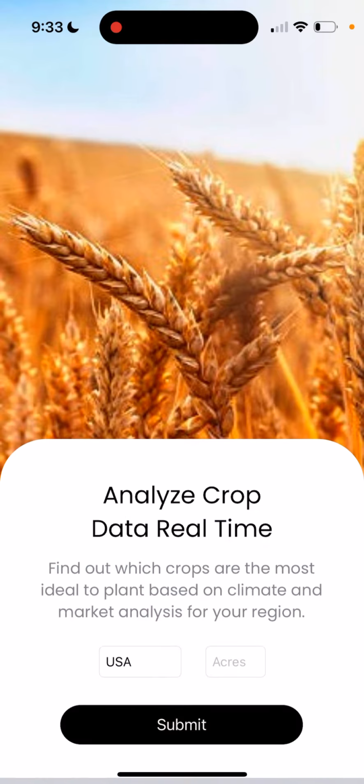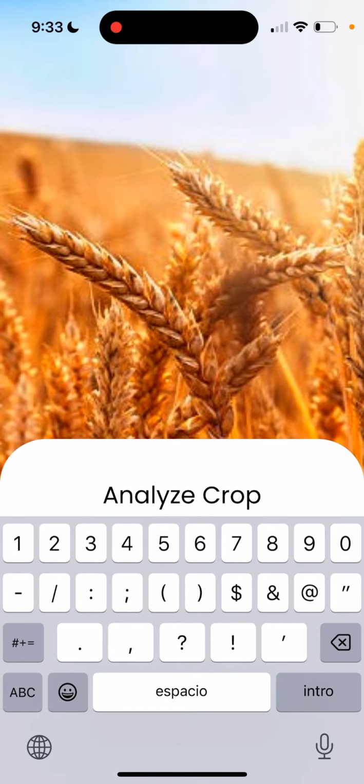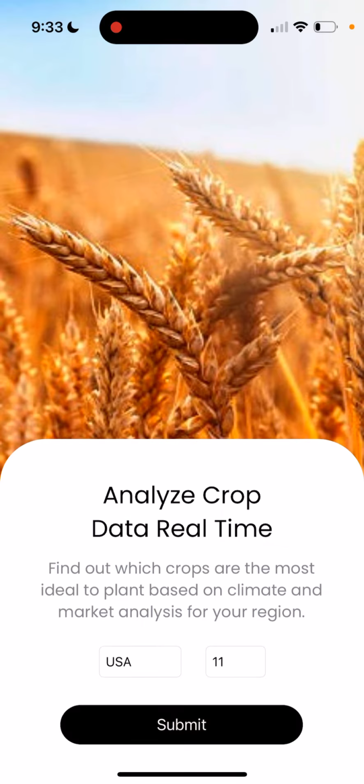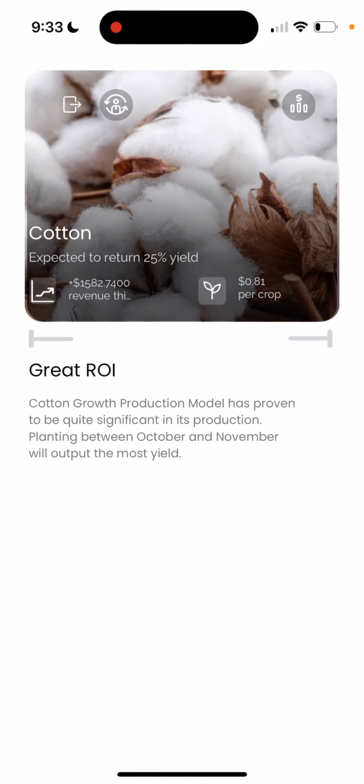For the purposes of our MVP, we used the data set from the US as the data was most accessible to us and we had enough data to properly train our model. Given more time, we would have contacted a government from a third world country, as that's where our target audience is, and gotten proper data from them, but they were closed this weekend, so we couldn't really get access to that. So let's submit this, and we can see here that we've got our UI, which has got the top